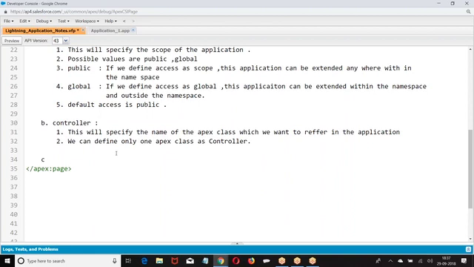But backend logic is the same. Next, description. This is a string. Define the description about the application.